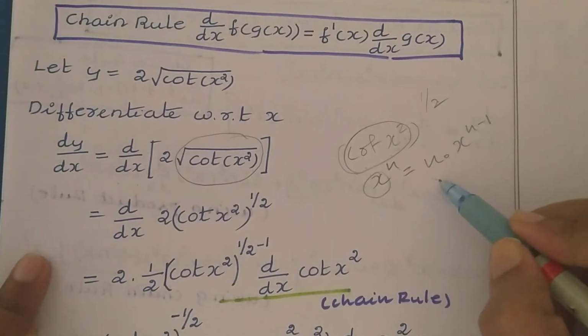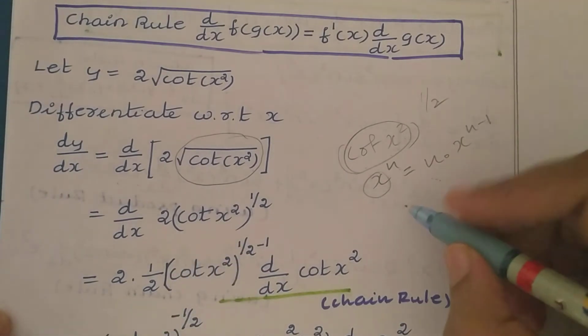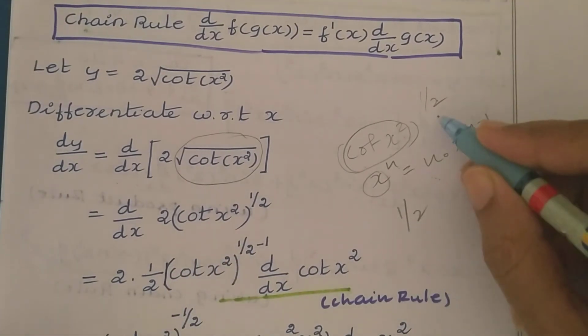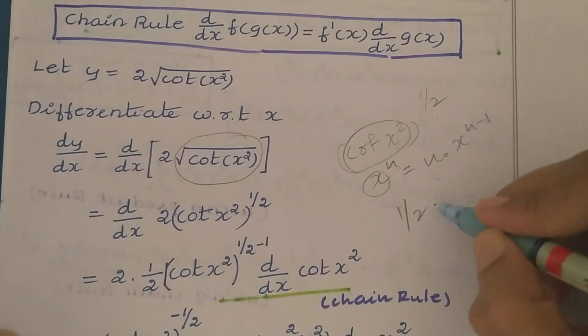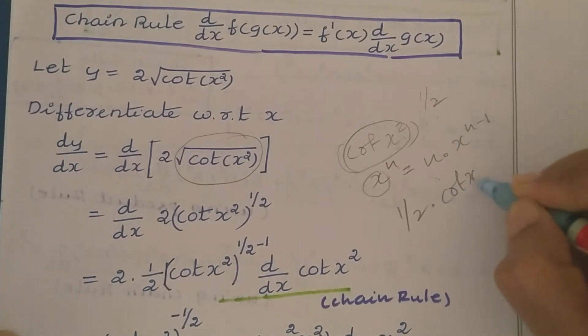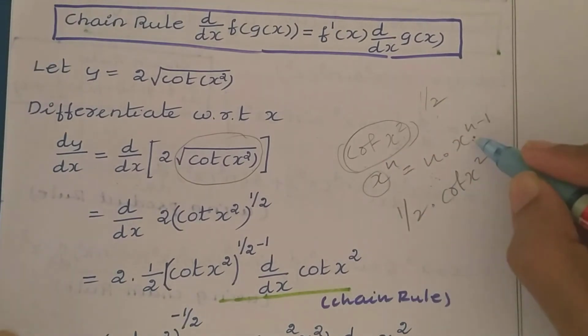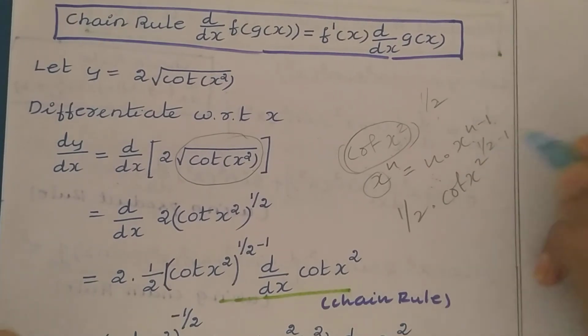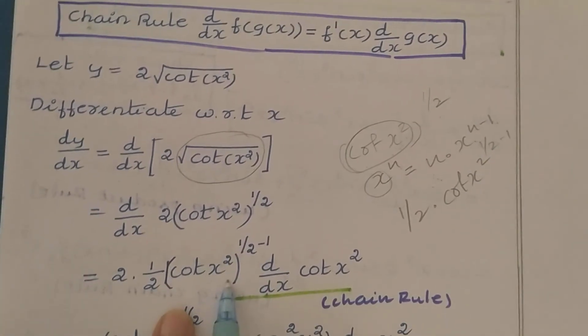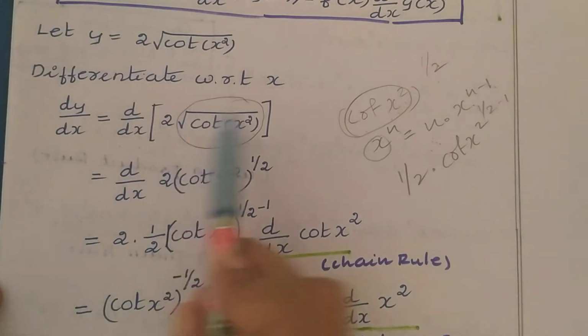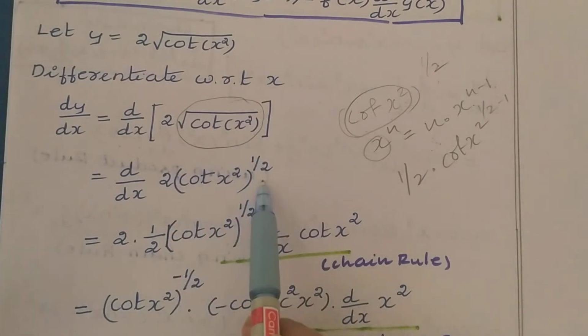So if I apply this formula here, then I get the answer as 2, that is half we have here, the power value. So n is half into cot x square, x is cot x square, then n minus 1, half minus 1. So that I have done here. You can see the square root I have written as to the power half, which is nothing but square